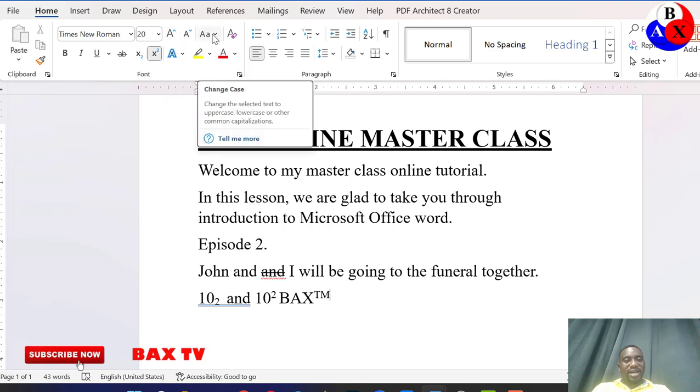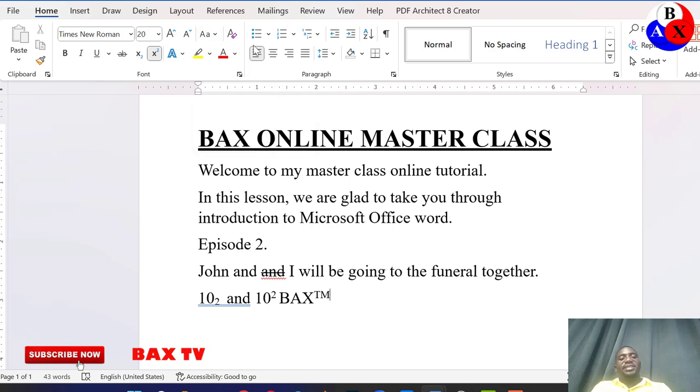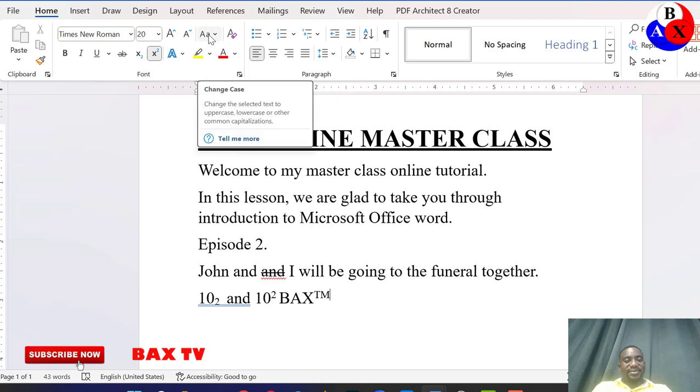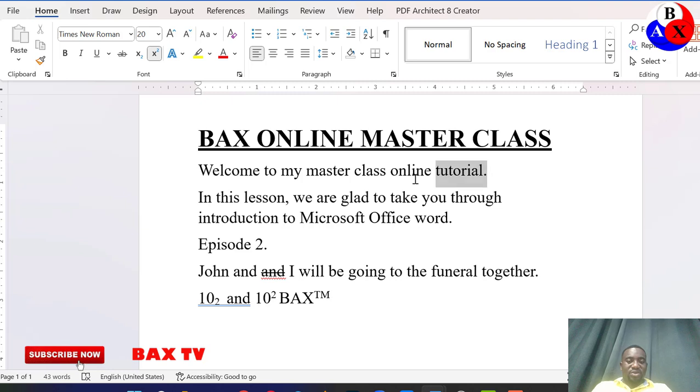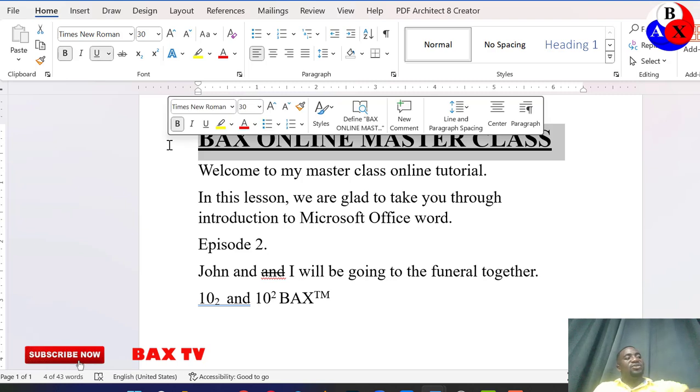Now let's look at another functionality here under the home ribbon. Capital A and a small a combined. Good. So what does it do? Let's try and use it. Now this one is called change case. I have typed all these in small letters, or let's say I've typed the heading in capital letters. But